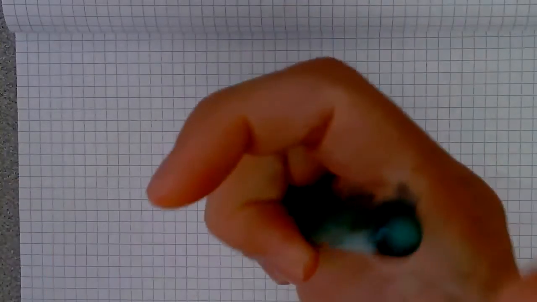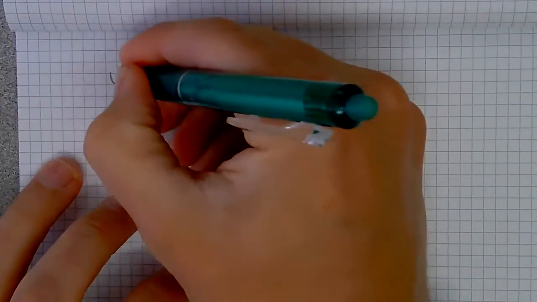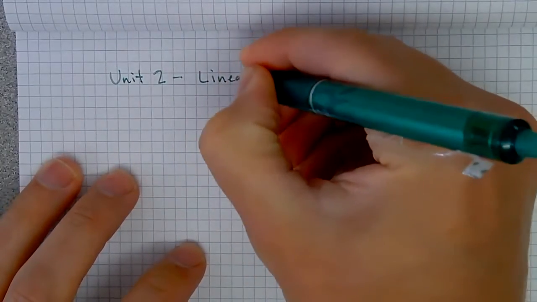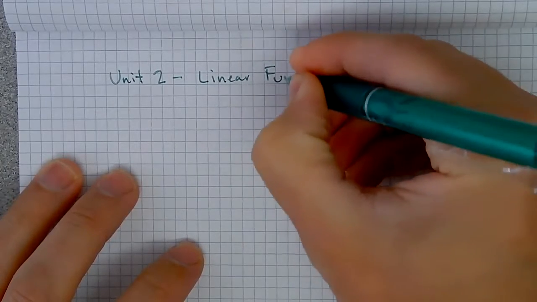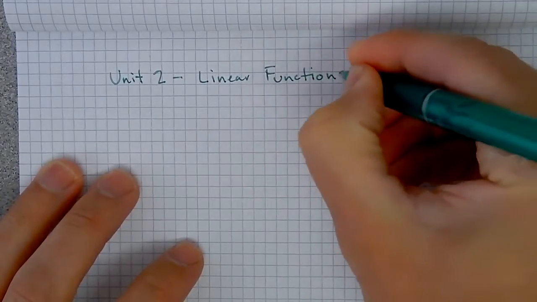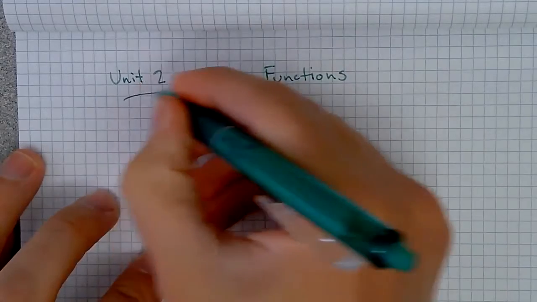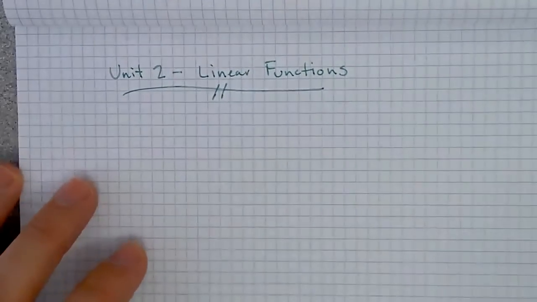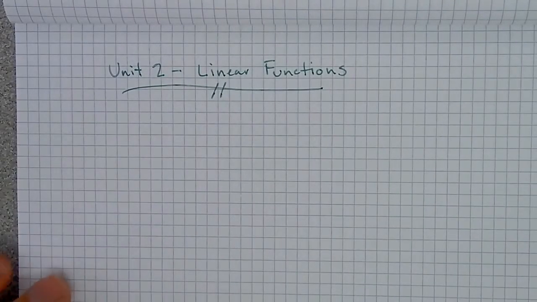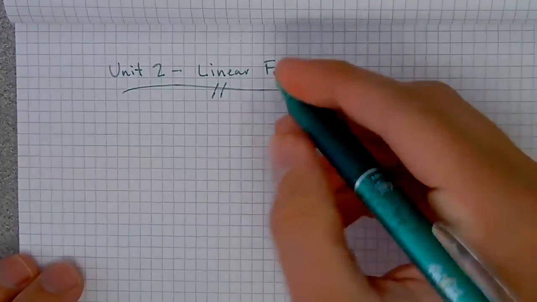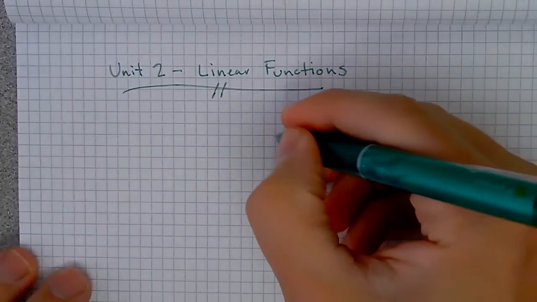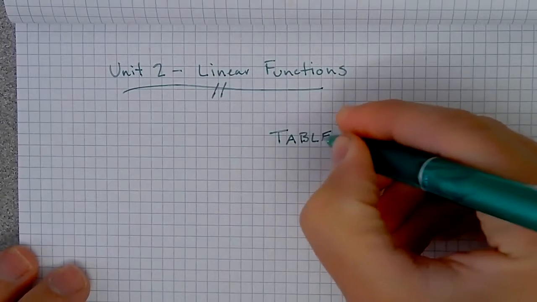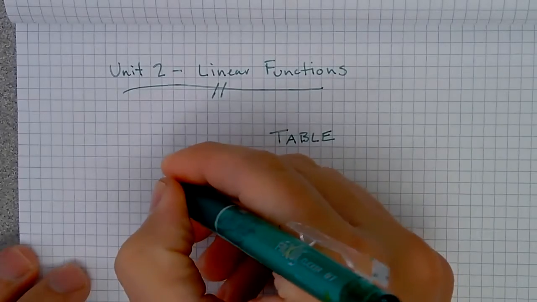All right, so chapter 2 is referencing linear functions. And the textbook has a really good graphic that they use to display all of the information. But essentially, we can look at a linear function in 4 different ways: a table,